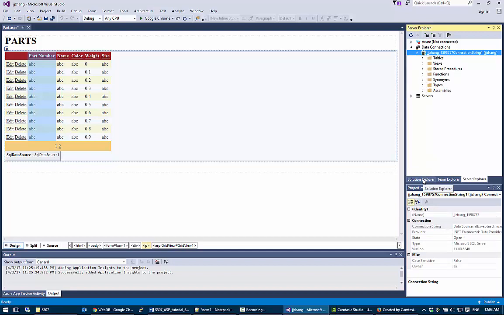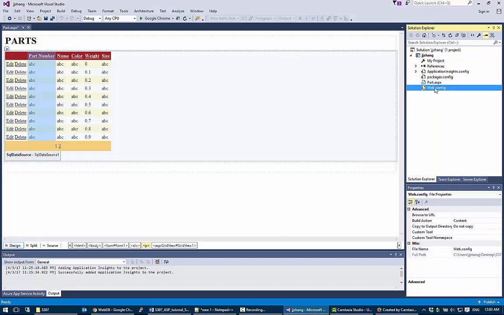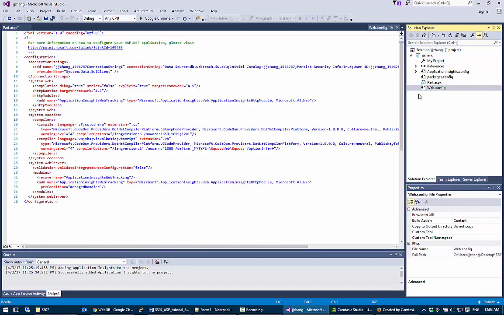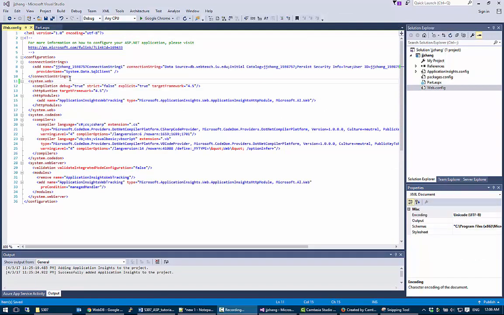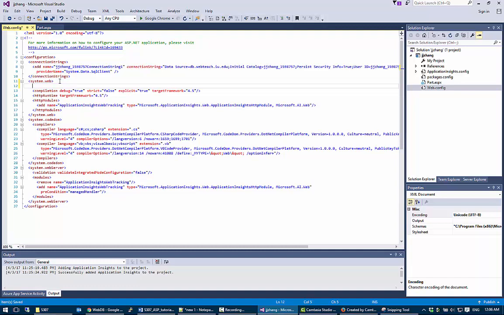So to publish the data to the internet, we need to first configure our data connection. To do that, let me go back to Solution Explorer and double click the web.config to open this file. In the web configuration file, we need to make one small change. We need to find the line that starts with system.web. On my computer, this is line 11. Directly under this line, we need to type one command as